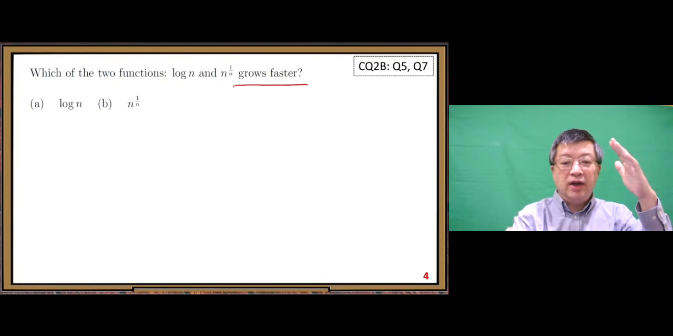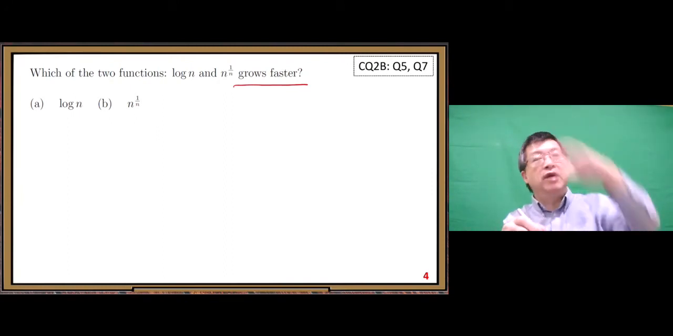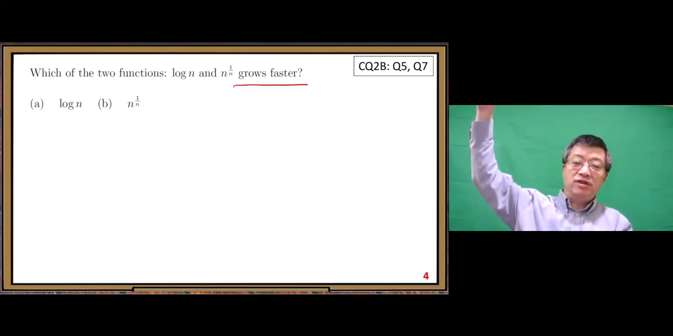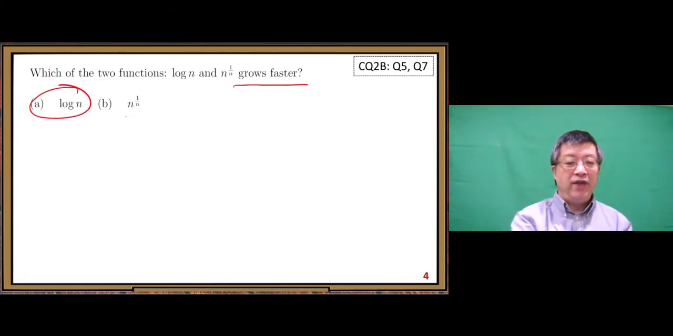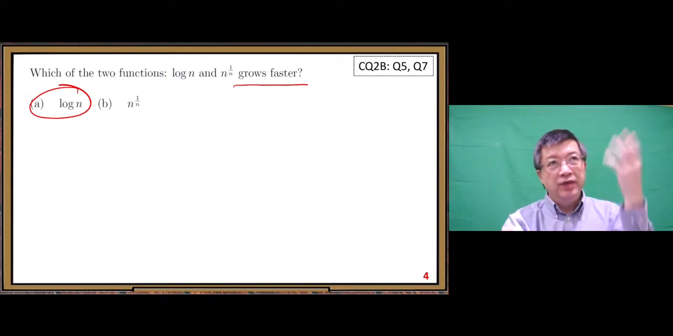Grows faster, right? That means the value should be larger, right? Not the algorithm faster, the function grows faster. This function, not that one. Why? If you look at the limit,